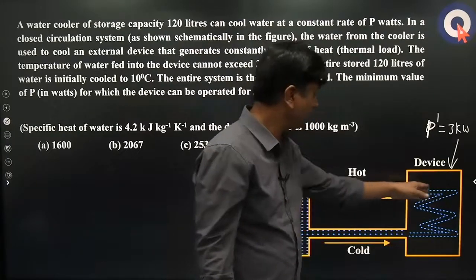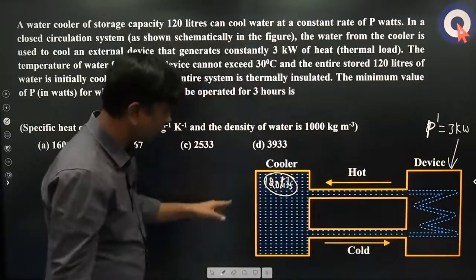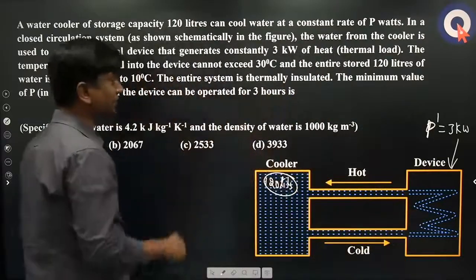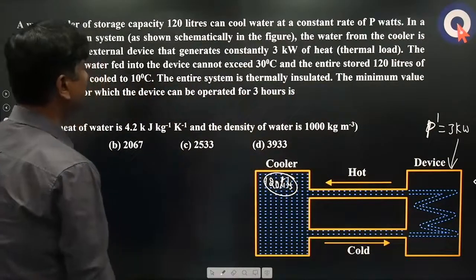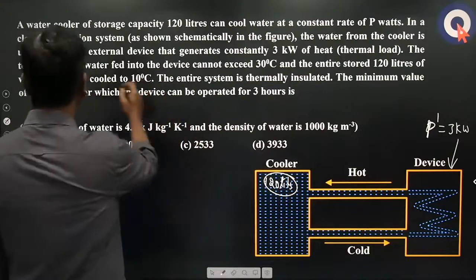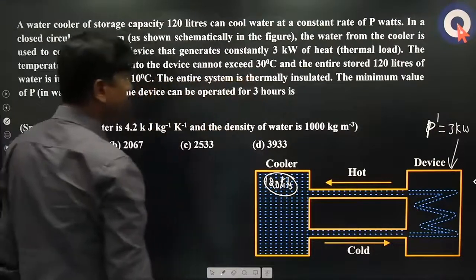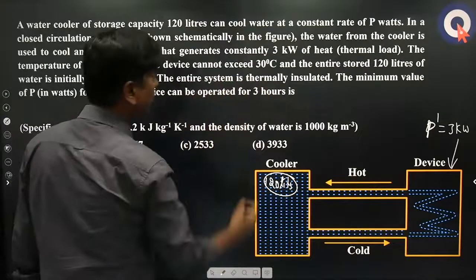So once it is exceeding 30 degrees, it will come out here and again it will cool, and again the cool water is going like this. So that is a complete circulation, right? Generates constantly 3 kilowatts of heat. Okay. So the temperature of the water fed into the device cannot exceed 30 degrees Celsius